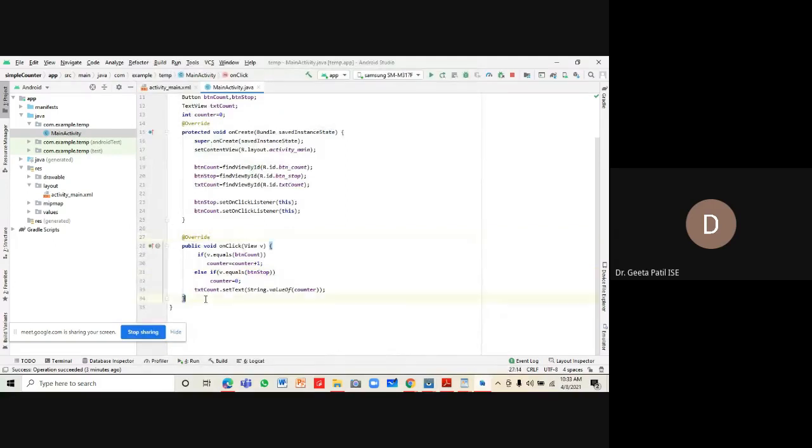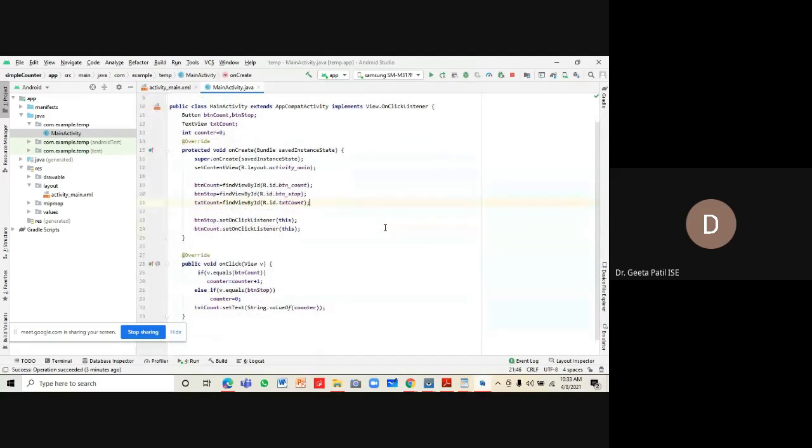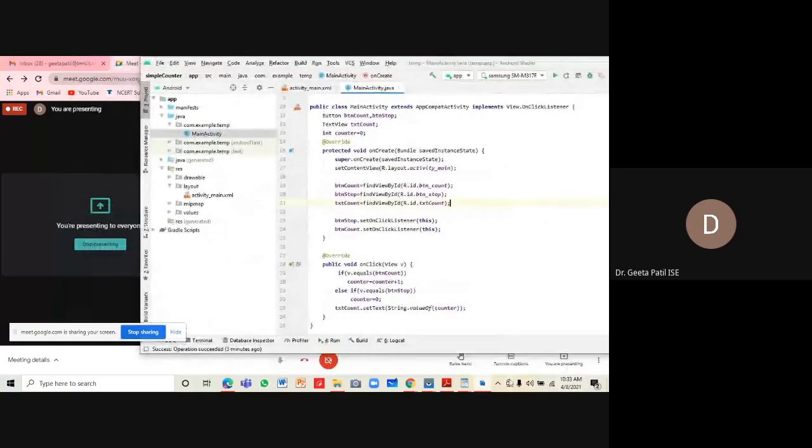This is simple code for implementing a simple counter. I'll hold for 5 minutes to give you some time for implementing it. Let me keep the design side by side so that you can refer to it.